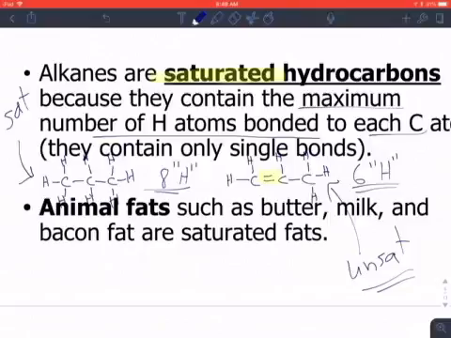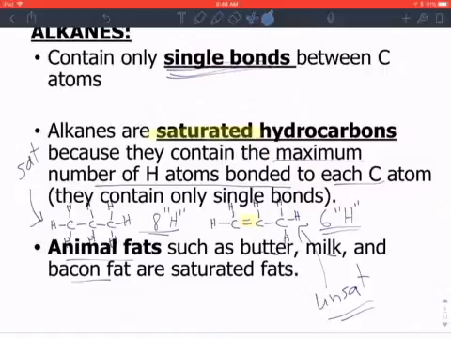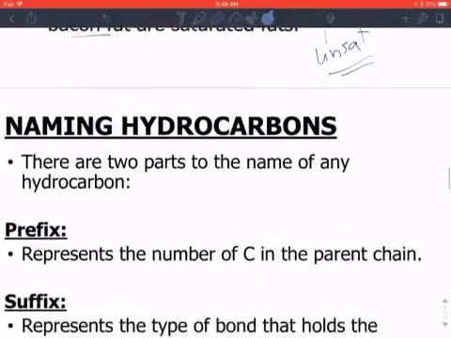You've probably heard of the term saturated in association with things like fats, saturated fats. They're typically not good for you. And you can see here, animal fats tend to be saturated. Things like butter, milk, bacon fat, etc. And they tend to clog your arteries, so we want to limit the amount of bacon fat that we have. But it is delicious. Okay, now, the next part of this video is on name